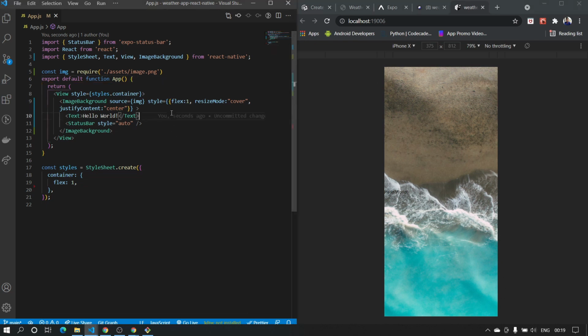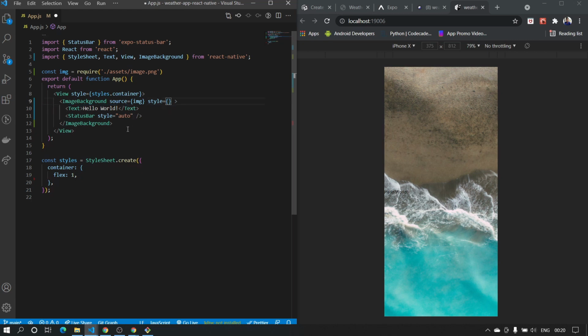In the code you can see that it becomes a little bit difficult to manage. That is why we can cut the whole thing from here and define it here.